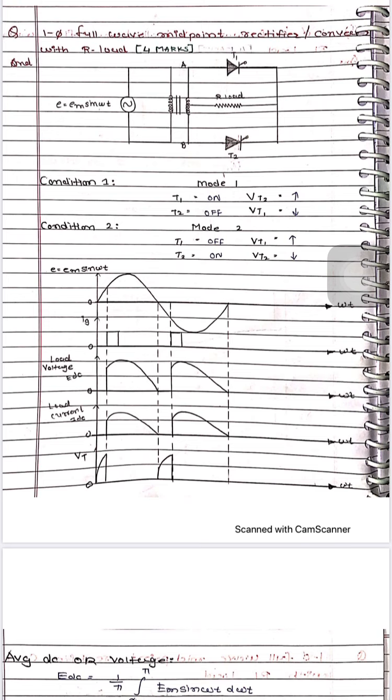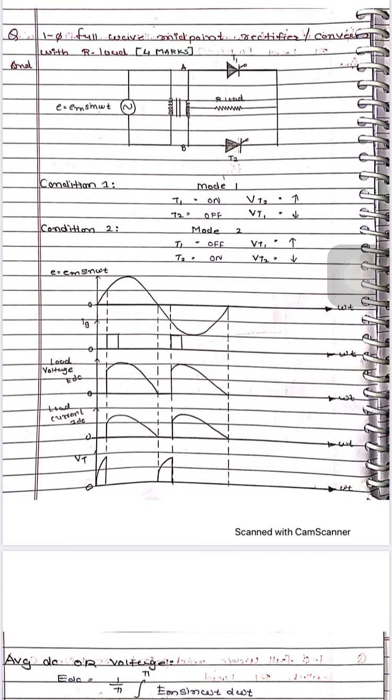If the converter has a thyristor switch with gate pulses, then the converter is called a controlled converter, full control or half control. And if the power semiconductor device used in the converter is a diode, we can say it's an uncontrolled rectifier. Now for the full wave, a question may be asked in the GTO exam, that is, explain